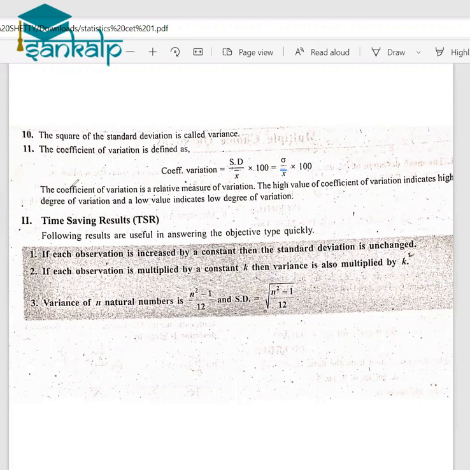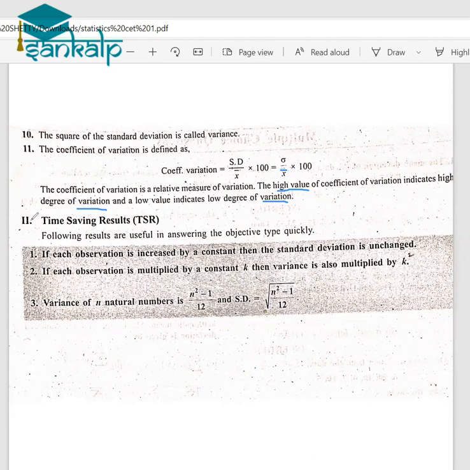Okay. So if the coefficient of variance is high, then there is a higher degree of variation, that is, variance is more. If the value of CV for the given distribution is more, then the variation is more. And if the value is less, then the variation is less. So the one having the lower value of coefficient of variance will be more consistent, and the one having the higher value of CV will be more unstable.